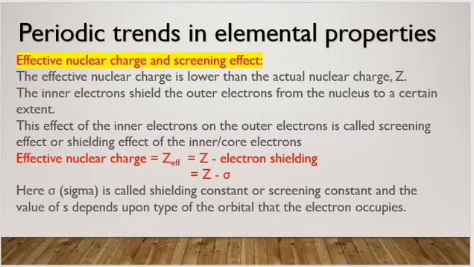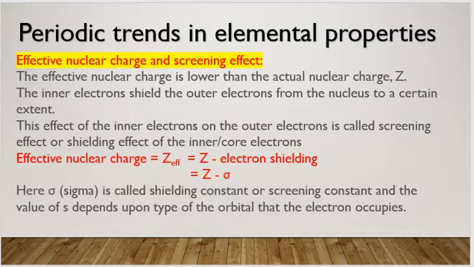Now, periodic trend in elemental properties. Children, the original structure of the periodic table was based on the periodicity in the elemental properties. Elemental properties show similarity in the group and they used to show variation when we are moving across the period. The quantum mechanical model of atom explains the observed periodic trend of elemental properties.